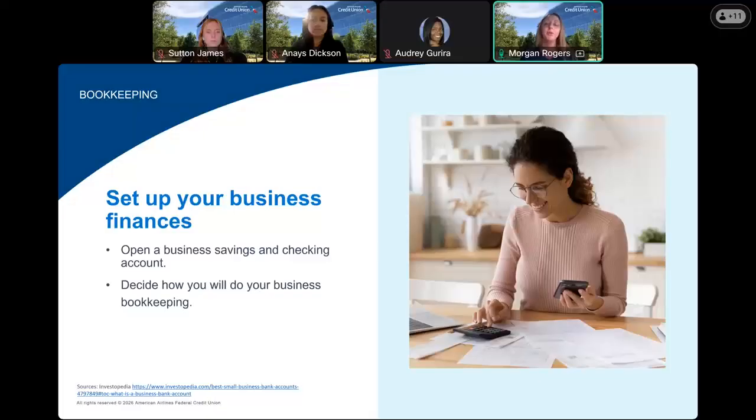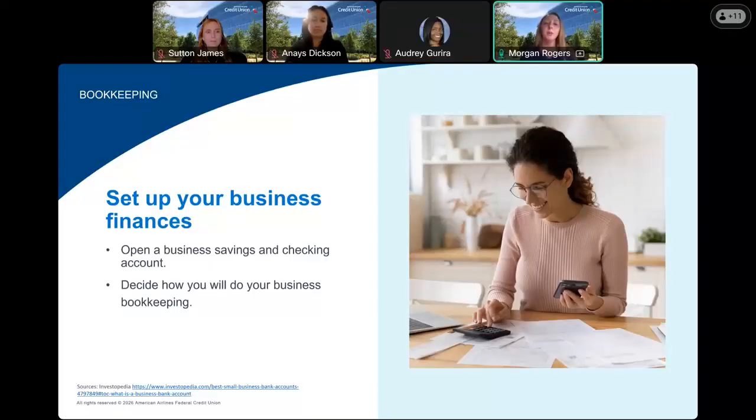So how to open a business account? Let's talk about the steps that you'll need and some information that you can have prepared when you're ready to open up the business bank account. So you can apply online at aacreditunion.org on our website to start the business account application, or give us a call at the credit union to get this started.